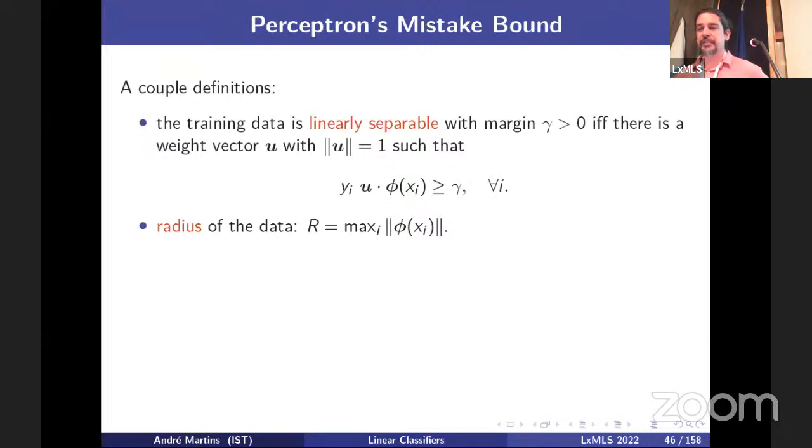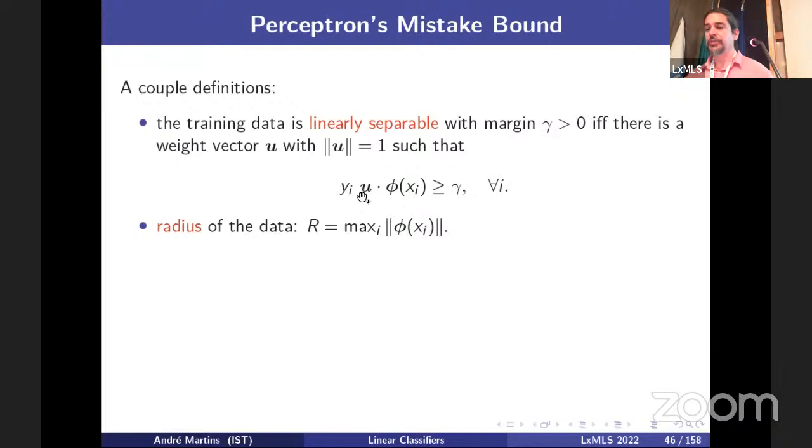So the perceptron has a very interesting mistake bound. For introducing it, I need to come up with a couple of definitions. We saw already what it means for the data to be linearly separable. It means that you can find a separating hyperplane that separates all the positives from all the negatives. But we can also introduce the notion of separation margin. Okay, so we say that the training data is separable with a margin gamma, where gamma is a strictly positive quantity, if and only if there is a weight vector u with unit norm, such that